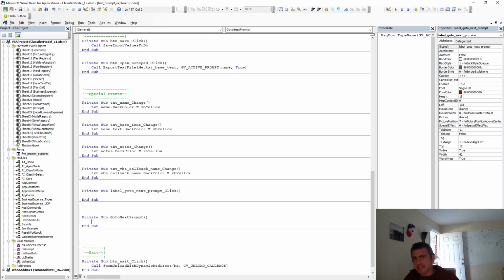In Python, everything is a function. There is no concept of subroutine or a procedure. It's either a function and it returns something or it doesn't. All right, so